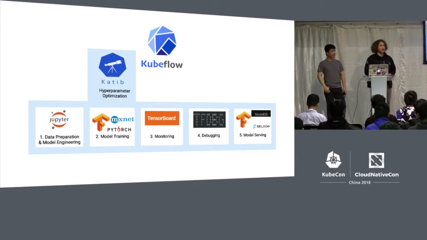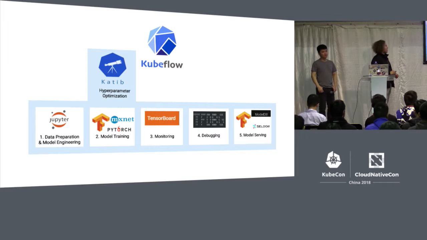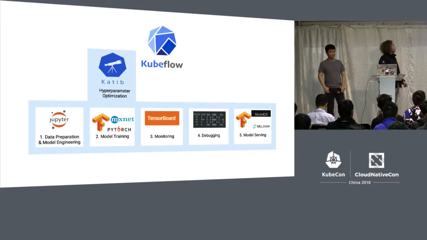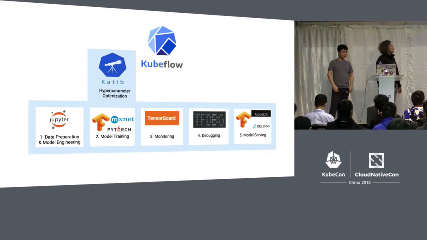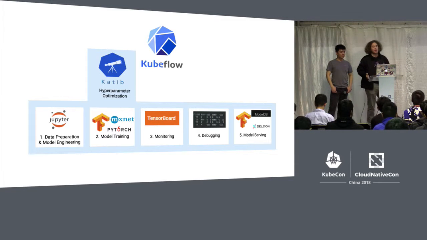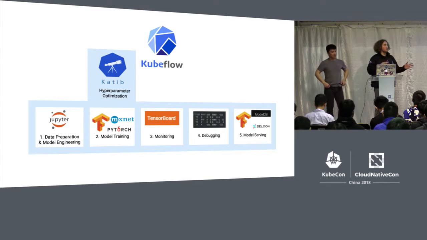So if we look at it today, and this is what I found really amazing over just 1 year, we are not just focused on TensorFlow itself anymore. We also have PyTorch in there. There's also some MXNet support. We have hyperparameter optimization. We have a lot of other ecosystem projects stepping in here, like Seldon AI for serving, ModelDB being used to store metadata for models. So it's actually not just TensorFlow anymore. It's going back to this original goal we saw earlier about becoming the default pipeline to orchestrate and deploy machine learning pipelines everywhere.